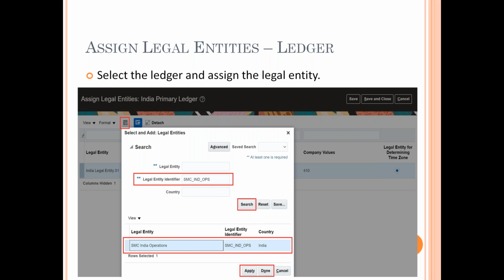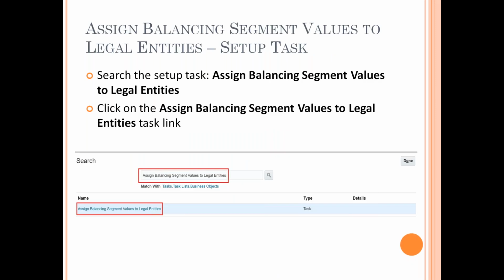The next operation is to assign the balancing segment, because since in India legislative is already... Okay, Rajesh, just one question. This assigning balancing segment, that is in the chart of accounts, we have to add the new entity, right? Yes. So how will this work? Typically, first thing you will be doing is when you start your organization, you set up an enterprise, right?